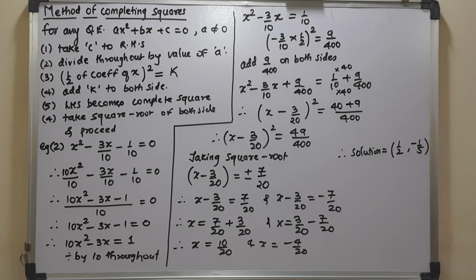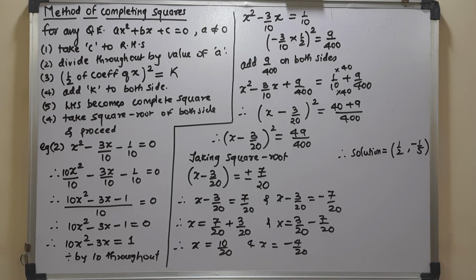These will satisfy this particular quadratic equation, and this is your completing the square method, in which you have to remember the first 5 steps very nicely. And it is very simple to remember. Take c to the right side, step 1, divide by the value of a. After dividing by the value of a, the new coefficient of x that you get, make half of it and square it. That is the new value of k. That k which you get, add it on both sides. Once you add it on both sides, the left side becomes a complete square, and then take the square root and solve, matter closed.